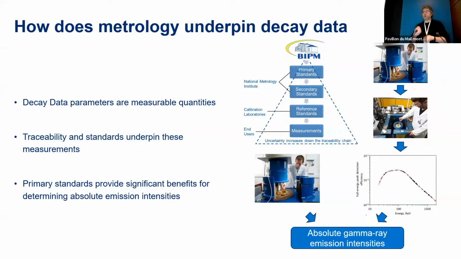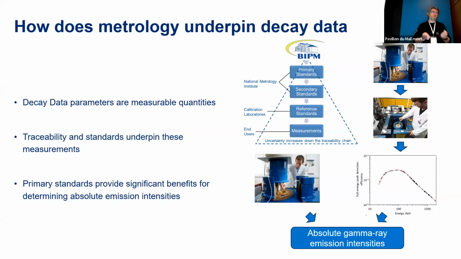So we need to have confidence in the data that we're using, and that comes from this traceability and these standards. We can also have primary standards, which have added benefits for determining these absolute emission intensities. Without knowing the absolute activity from a primary standard, when you're doing emission intensities, especially for gamma ray emission intensities, there's also other